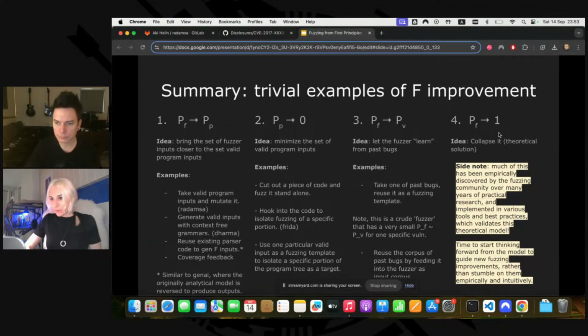And the last technique that I show here is shown theoretically in the model. In theory, we can collapse the probability distribution of a fuzzer to just immediately find the bug. This sounds theoretical, I don't know. But it is exactly what happened with my vulnerability that I found for my Pwn2Own exploit. I didn't fuzz it, I didn't analyze it. Basically, in the process of research, I just stumbled on it. This was a kind of hypothetical scenario.